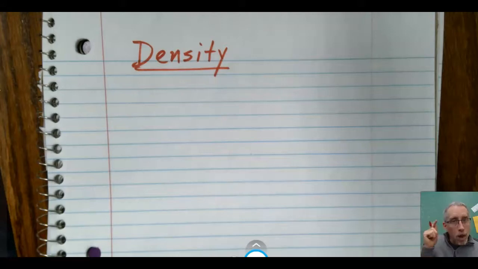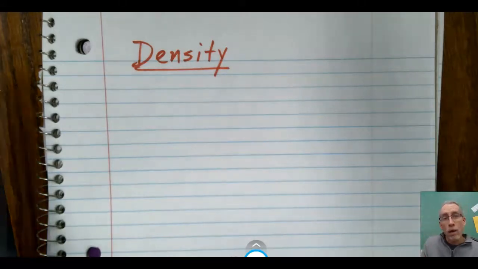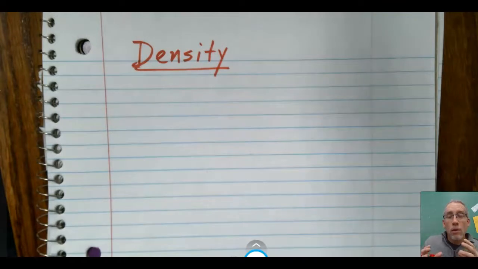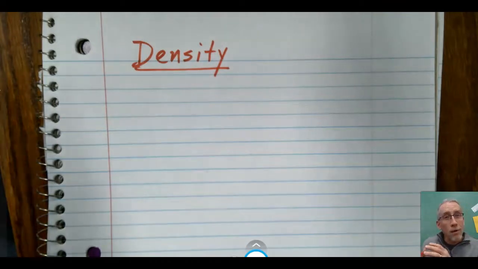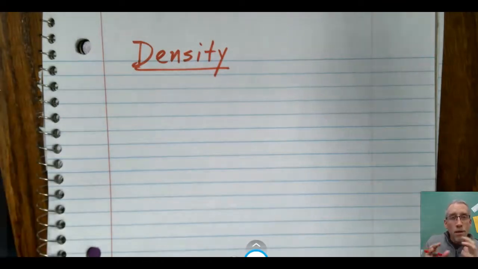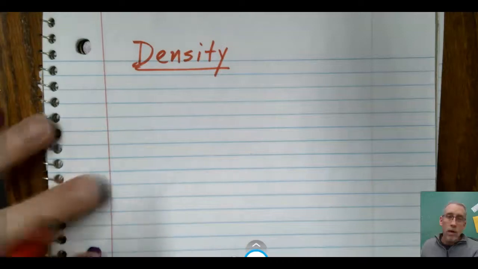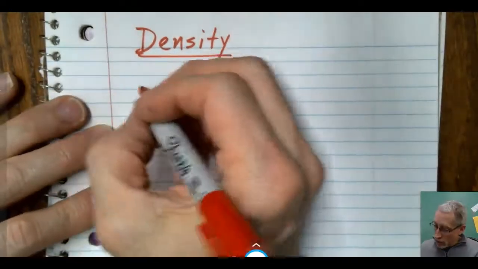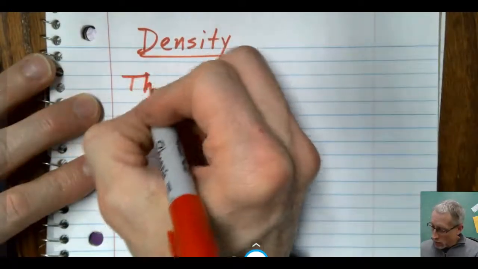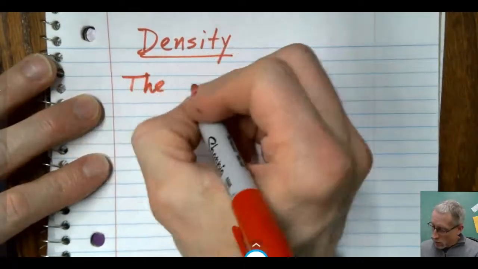I claim what they're probably thinking of is what we refer to as the density of brick or the density of feathers. Because it's definitely true that bricks have a higher density than feathers. So let's talk about what that density is and why that question fools people all the time. So let me give you kind of the sciencey definition. Density is the amount of mass